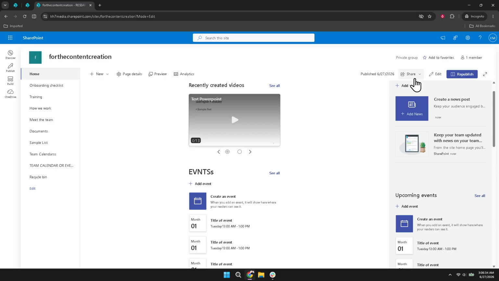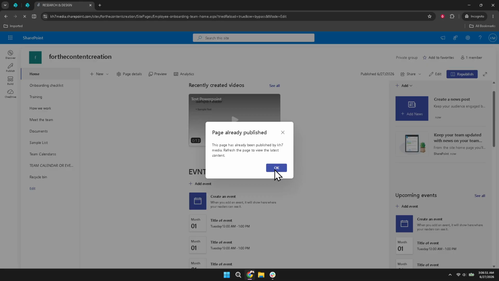Your content auto-saves as you work, but publishing is what makes it visible to everyone on your site. After publishing, you can click Promote if you want to share the page as news or send notifications to site members. Draft pages stay visible only to people with edit permissions until you publish. And that's how to add content to a